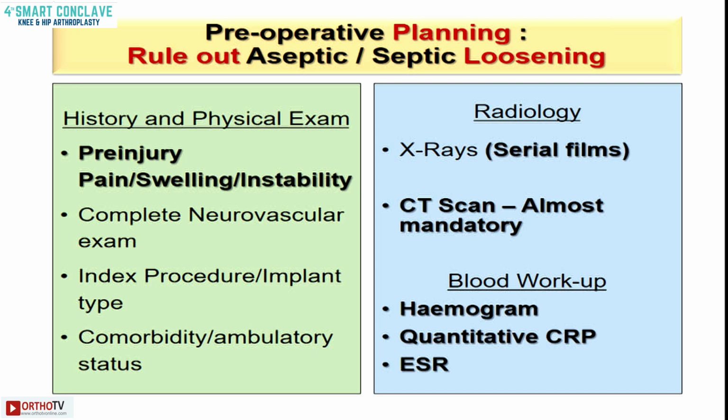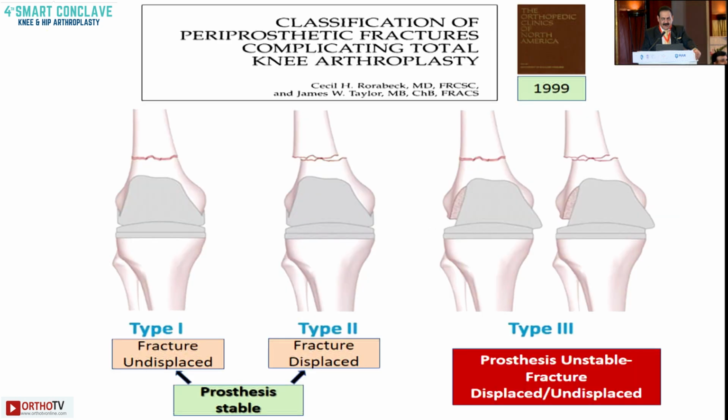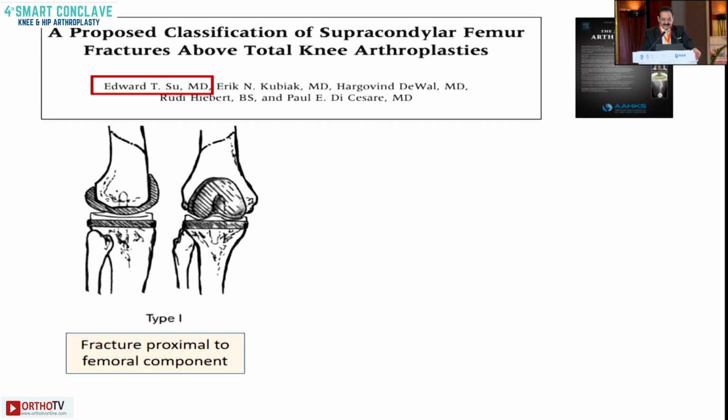rule out loosening of the implant by history, by serial films if available, blood work, and it's mandatory to get a CT scan done to look for any loosening if you can see, or to have the morphology of the fracture. Various classifications are available, but the practical classification, Arora, is quite commonly used, but I find this classification